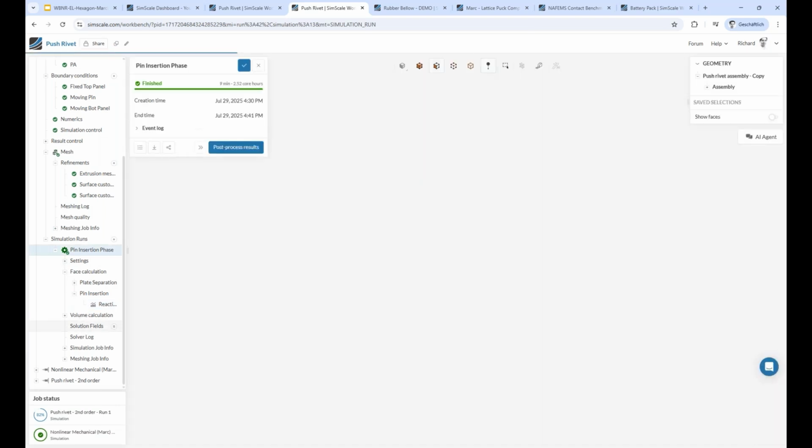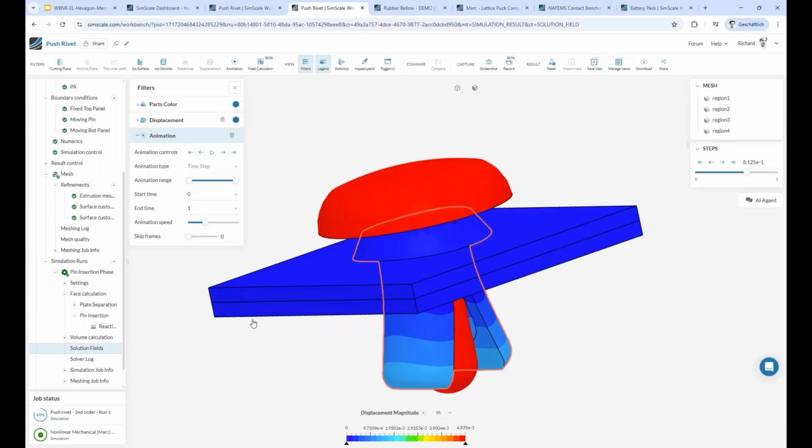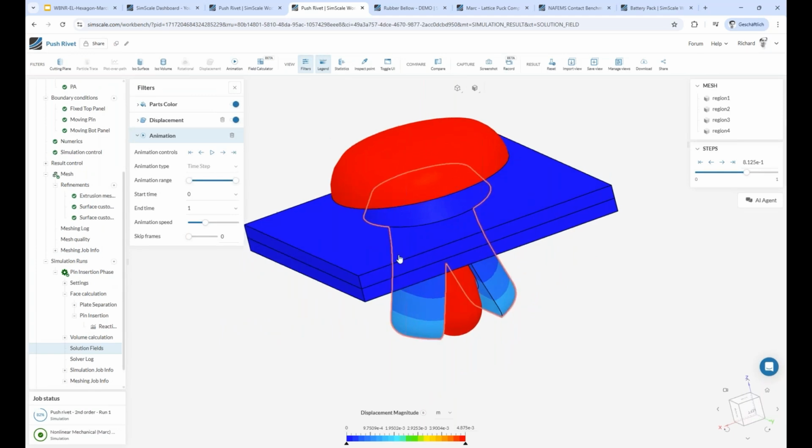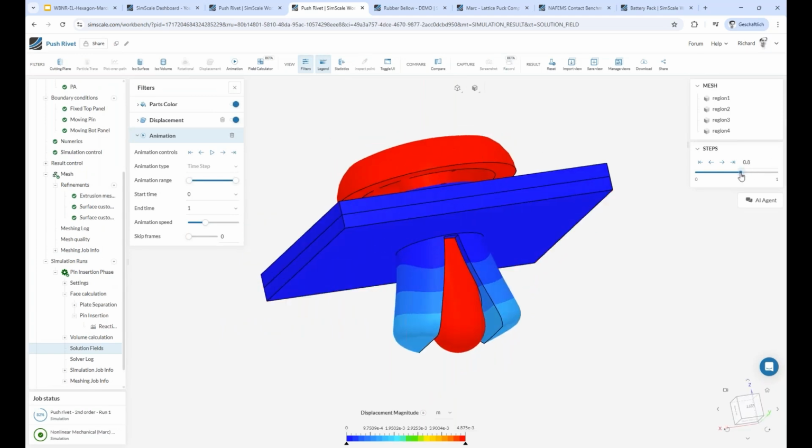Yeah, or for now, we can also check back on the results in the post processor. Right, we're looking here at the displacement in the different stages of the insertion process. We can obviously change the result fields to other fields that we have computed during the calculation,